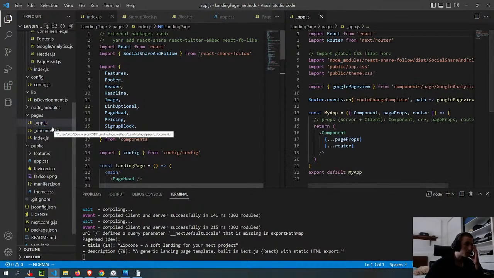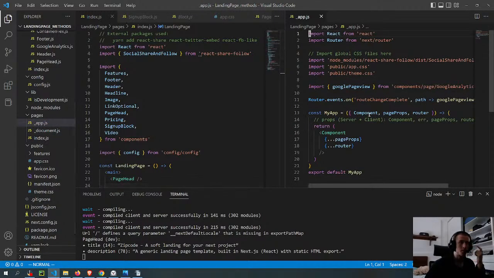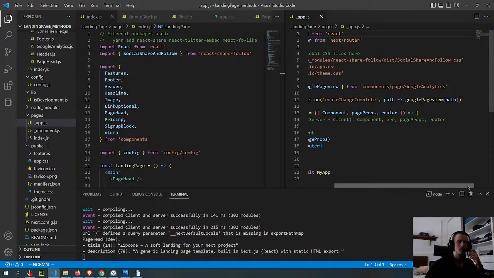It's probably the app CSS. App and theme CSS are being used.